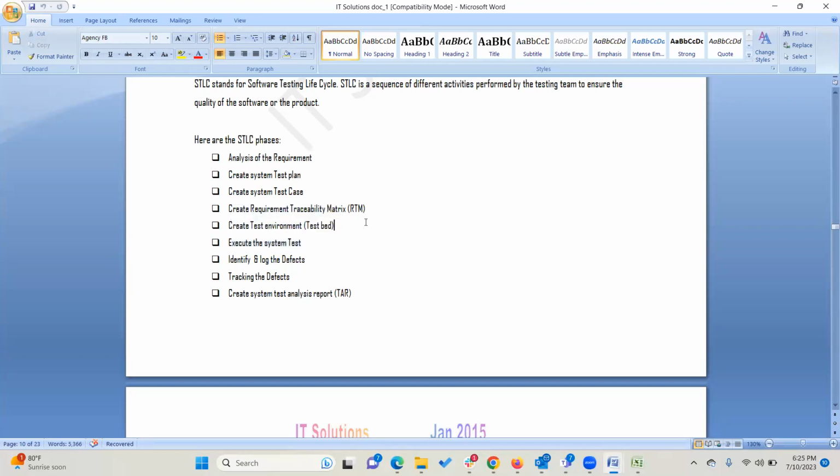Now, the last thing before you jump into testing is creating or configuring your test environment. This is also an interview question. They may ask you how you create your test environment. This is something we need to understand clearly. Before you start testing, you need to create your test environment. This is like a checklist of the things